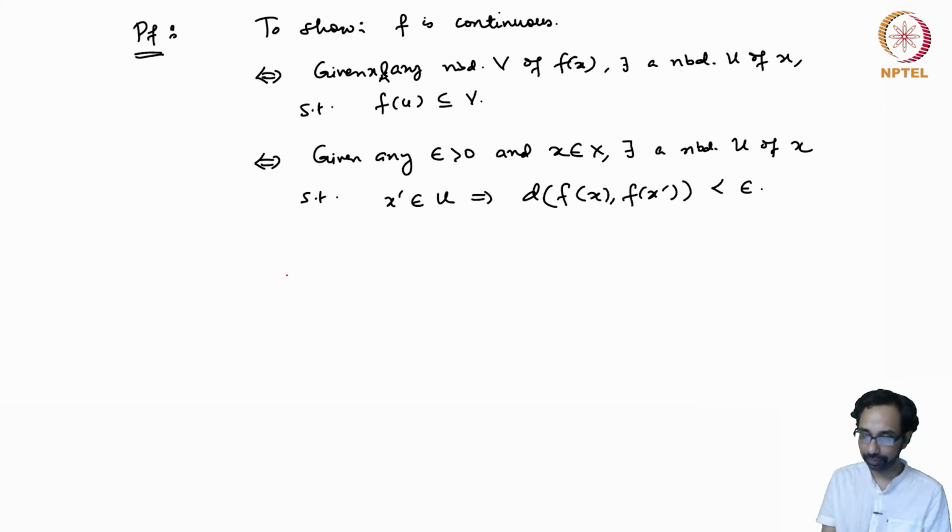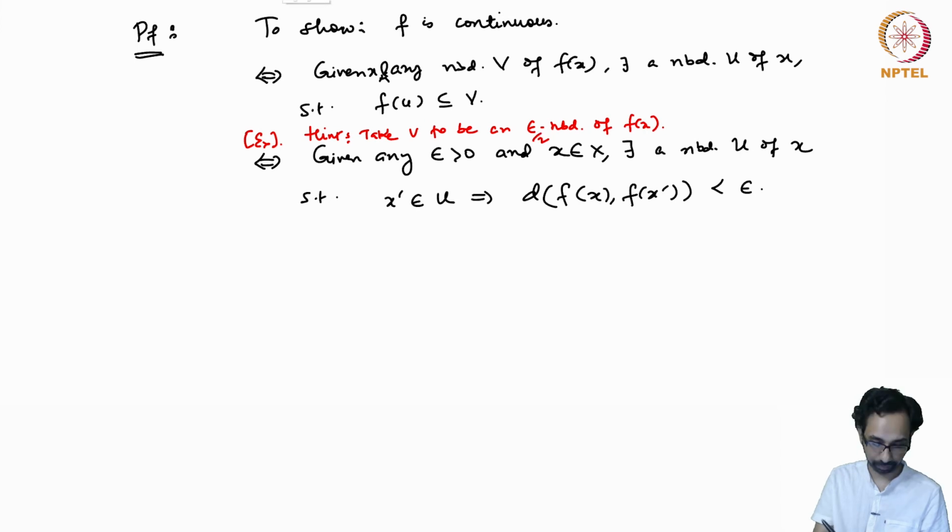It is not very hard to come from the second line to the third line, and I leave this to you as an exercise. As a hint, take V to be an epsilon neighborhood of f(x). Okay, so we are going to